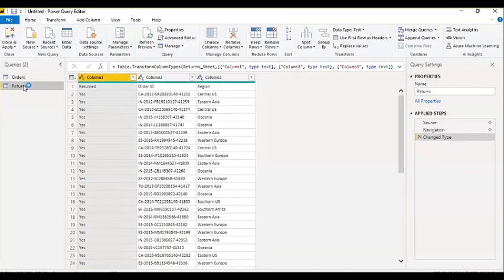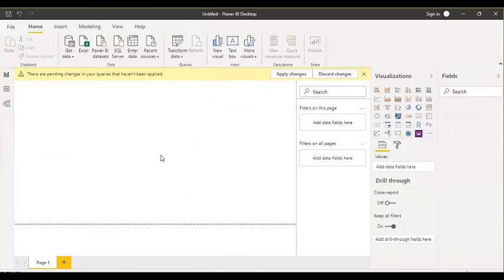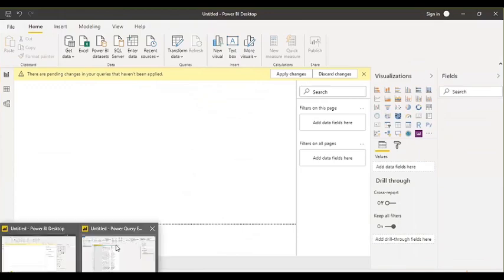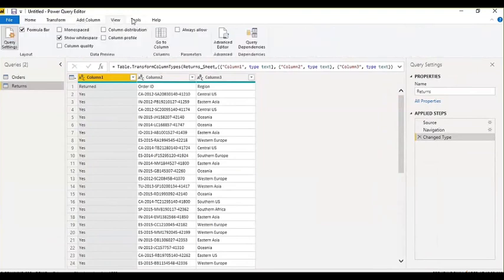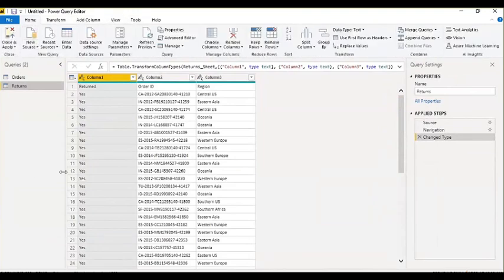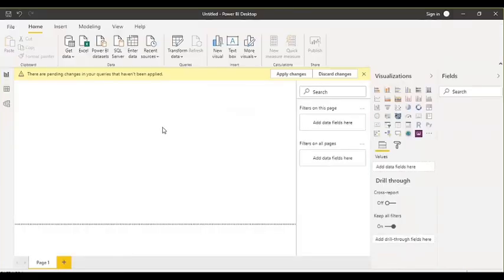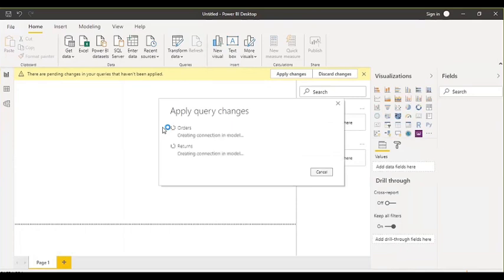Now I need to load this data in Power BI Desktop. How to load that? I can simply click on this button, Close and Apply. It will close this Power Query Editor, apply all the data transformation changes, and load the data in Power BI Desktop here. So let's click on Close and Apply. As of now, I'm not going to show any data transformation operation. First we need to understand how it works, then we will come back to this Query Editor tab again. Now, data will start loading in Power BI Desktop. Till now, data was in memory.